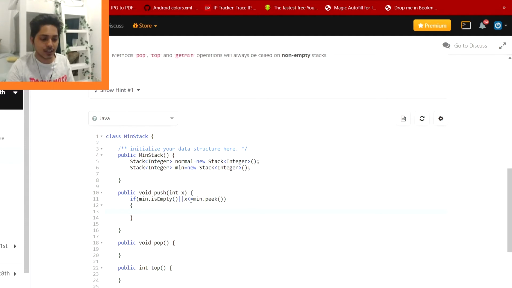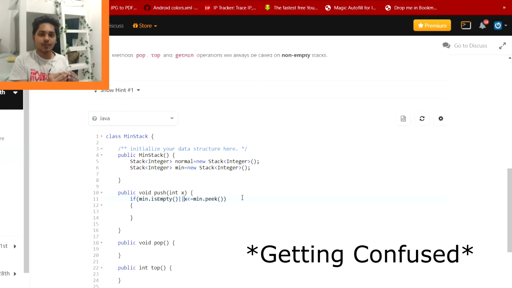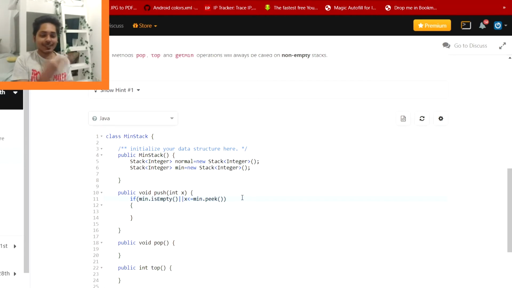That is why we check if x is less than or equal to the top value of the minimum stack. If yes, then we need to add that x value to the minimum stack.